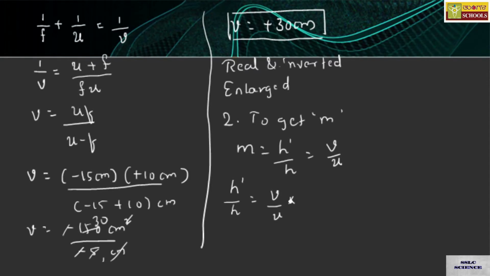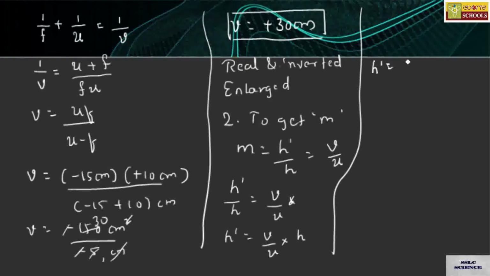Sending h on this side, h dash is equal to v by u into h. So substitute all the values over here. H dash is equal to v, 30 centimeter, divided by u, minus 15 centimeter,